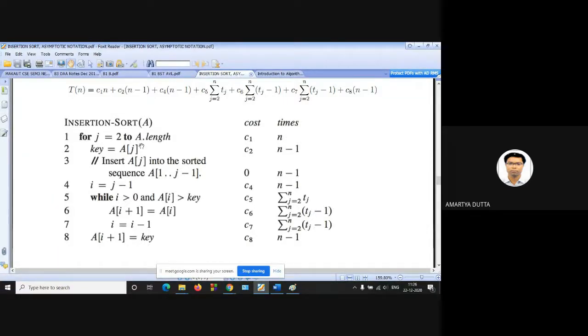And this is for a single operation, which is constant. Line number 2, for a single operation, key is equal to a of j, so put the value in the variable key. This second line is under the first for loop, so this will run up to n minus 1.